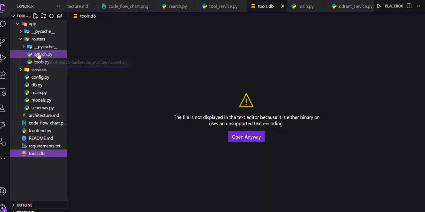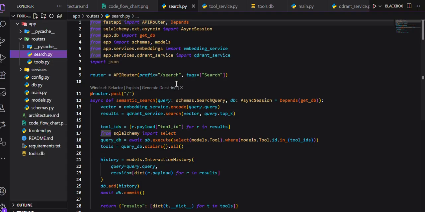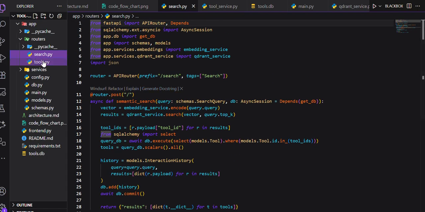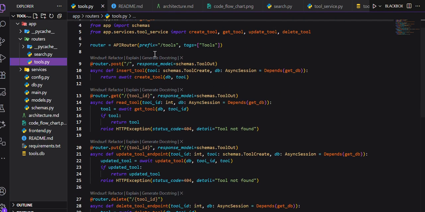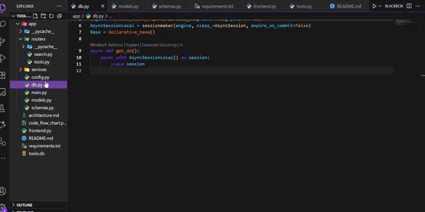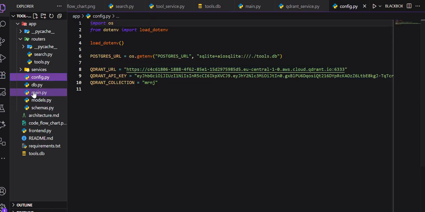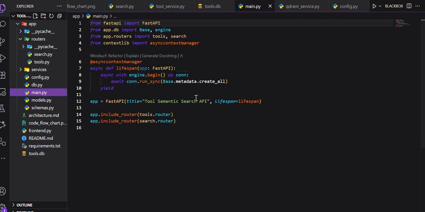You can see this is the search.py, basically the router, whenever people search anything. And this is the tool, you can see here the get, post, delete. And this is the db file, this is the configure file, and this is the main file. Basically I use FastAPI, and